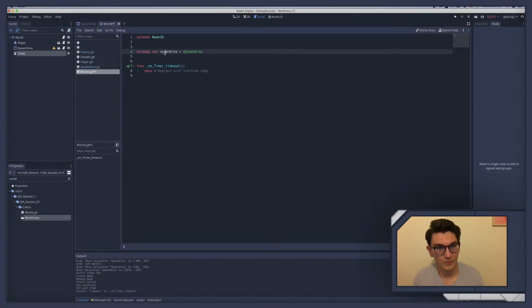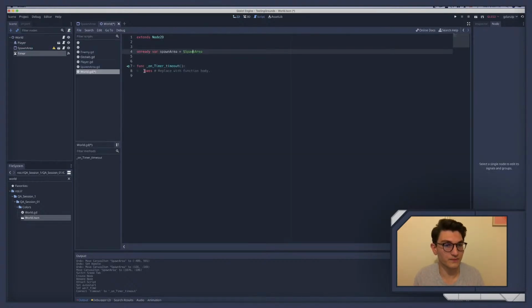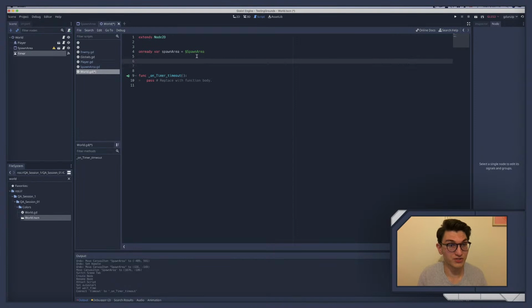So what this does is it gives us access to this node here, and then we can call that function. So we can call the function from this. On the timer timeout, we need to start spawning enemies, so we'll do that real quick. To actually spawn enemies, say var enemy underscore tscn equals preload,